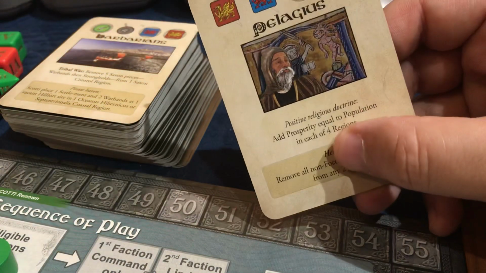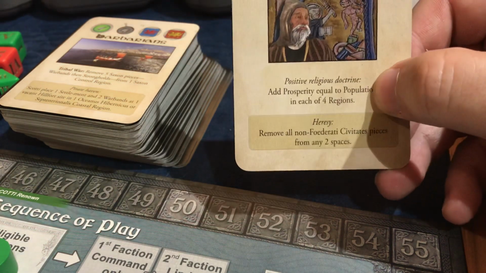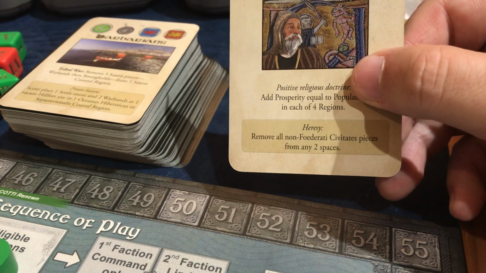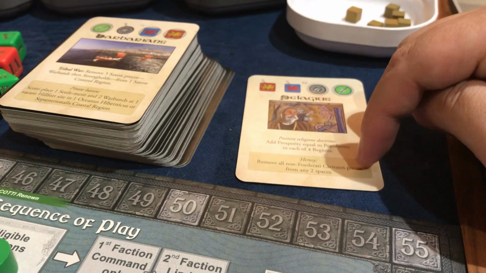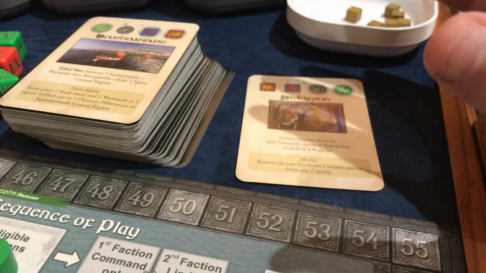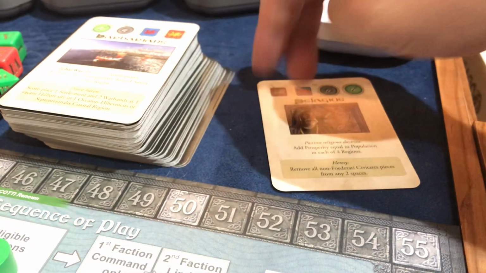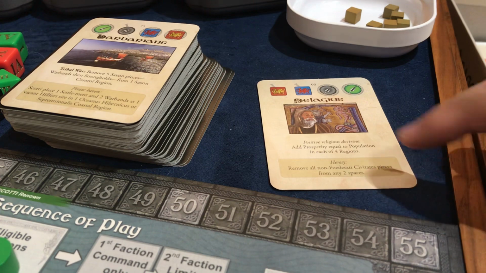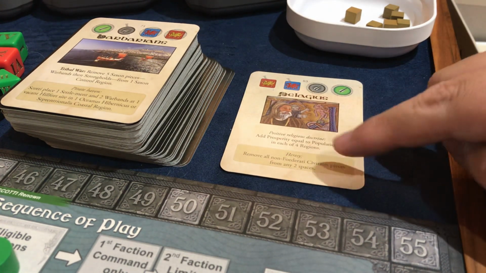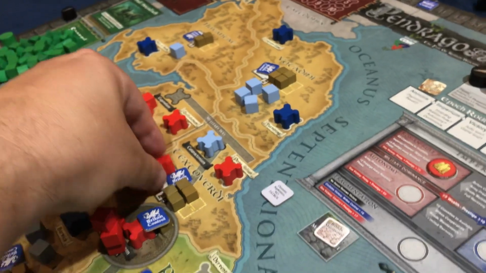So let's look at the card. The event says, positive religious doctrine. They can add prosperity equal to population in each of 4 regions. Or heresy. Remove all non-federati civitati pieces from any 2 spaces. Ooh, okay. So these 2 different events, you only get to pick one, and the way it generally works, you can choose whichever one you want to do, but generally speaking, the top one here that's lighter is for the British factions. The darker one is for the barbarian factions. So the barbarians, if they do get to play this event, are going to want to do this one. And what this is saying is any non-mercenary, right, that's what the federati are, they get to remove all of them from any 2 spaces. So they can literally just go, okay, these 3 are dead. And that is